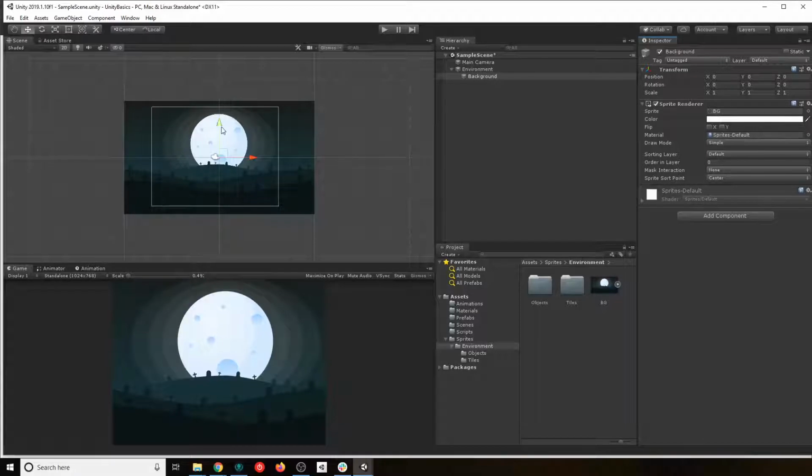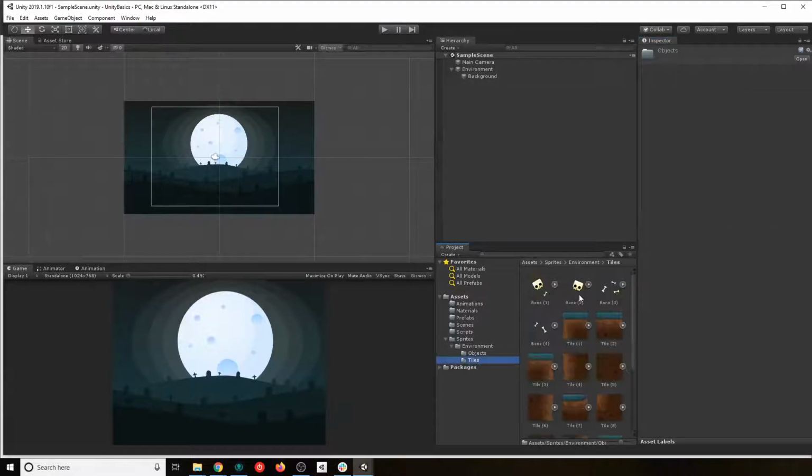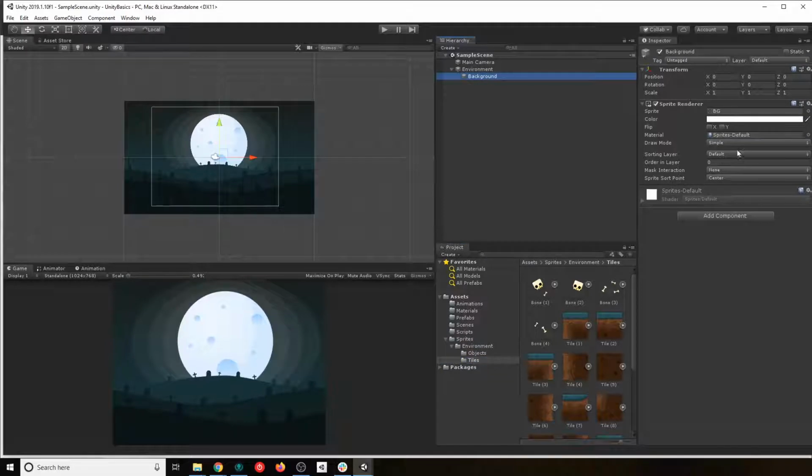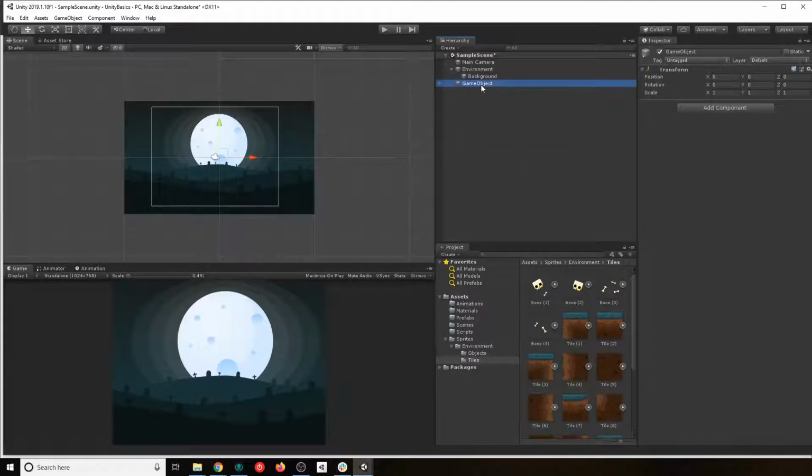I'm gonna leave it there because I want to show you something, guys, when we start adding our tiles. I'm not gonna do any changes. This is just an image there, but you will see why I need to do some changes later. I'm gonna start creating now. I'm gonna create another object.